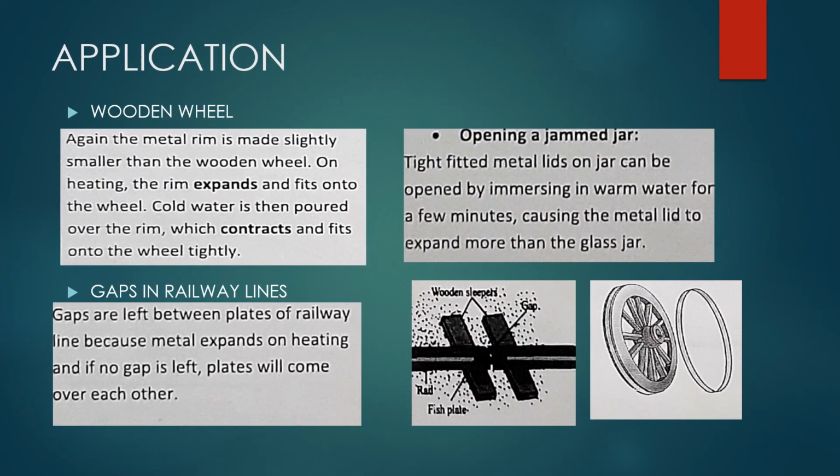Other applications of expansion and contraction include fitting an iron metal rim to a wooden wheel. So the wooden wheel is